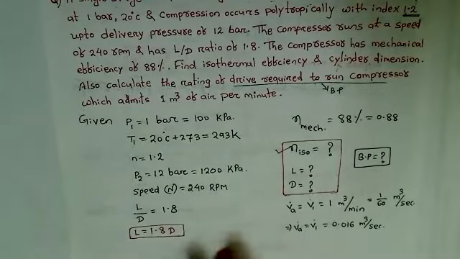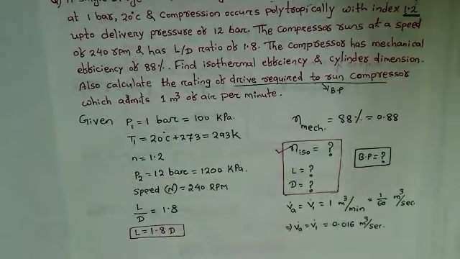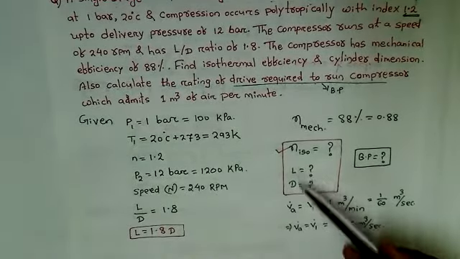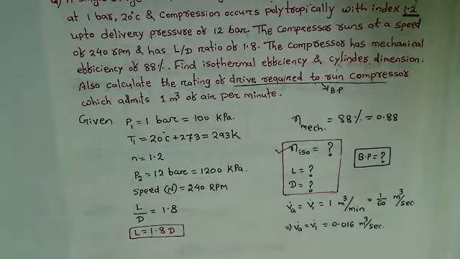In the questions we solved previously, the bore diameter and stroke length were mentioned in the question. But in this question they are asking you to calculate length and diameter. So by seeing the given data, can you suggest how to find out length and diameter from this given data?